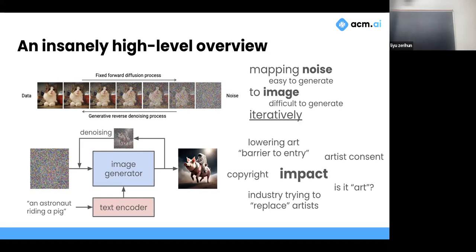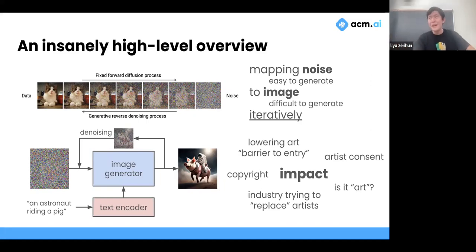And these models, you can also condition them or inject information into them with, say, a text encoder. Do you guys remember what text encoders are? Vaguely from before, right? You're turning words into vectors. So you can put in a text prompt and it will be able to generate an image that actually fits the text prompt. One of the ways to think about it is it's a denoiser that is so good that it is able to denoise an image from absolutely pure noise.